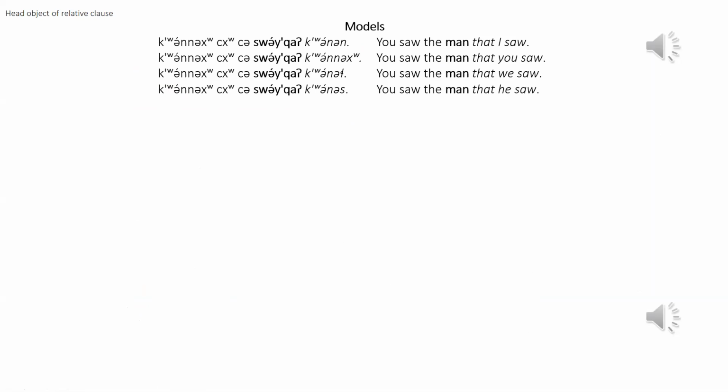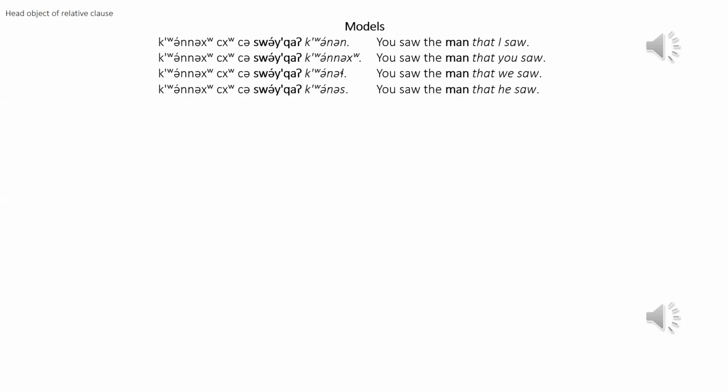Cuando estás cerca, cuando estás cerca, cuando You saw the man that you saw. estás cerca, cuando estás cerca, cuando And you saw the man that we saw. estás cerca, cuando estás cerca, cuando You saw the man that he saw. estás cerca, cuando estás cerca, cuando